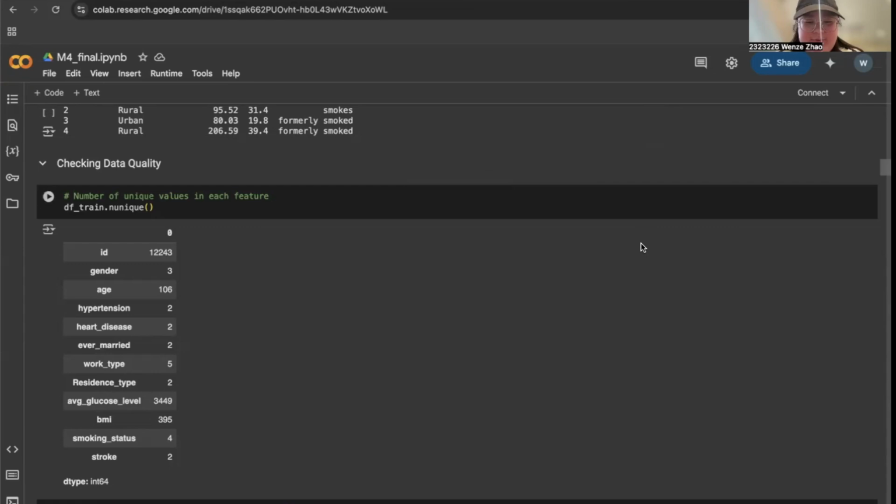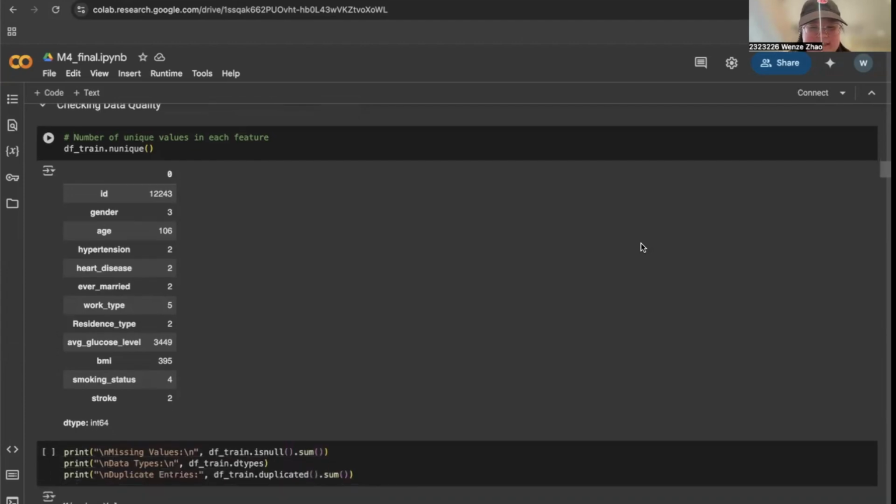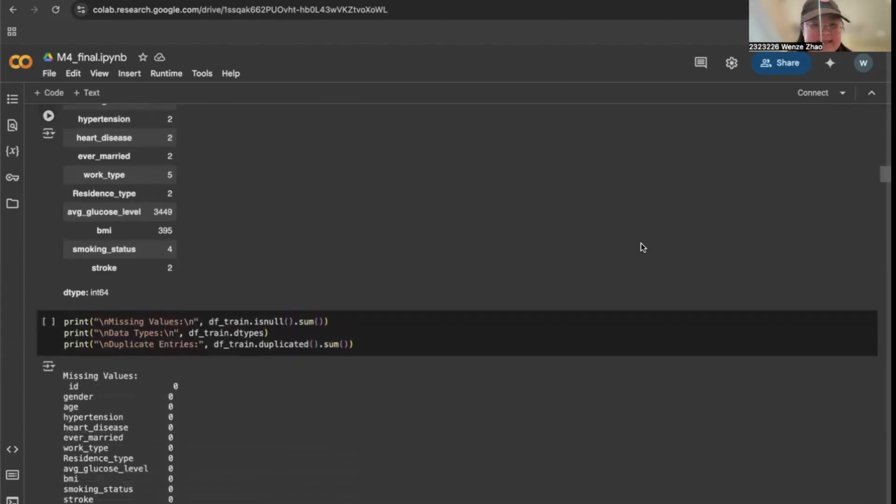The first step in building an effective stroke prediction model was preparing and refining our dataset to enhance model performance. We begin by examining the dataset for missing values, duplicates, and incorrect data types. We can see there are no missing values and no duplicate values in the training data. Once the dataset was cleaned, we assessed